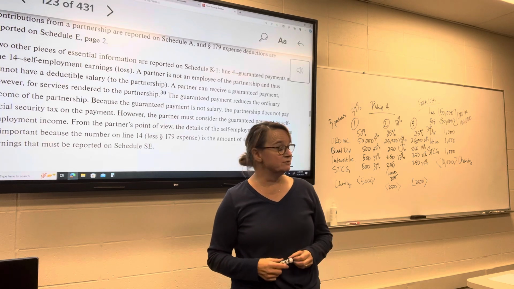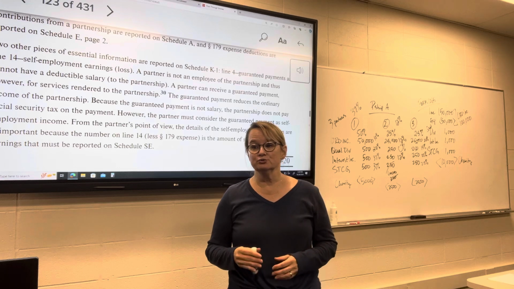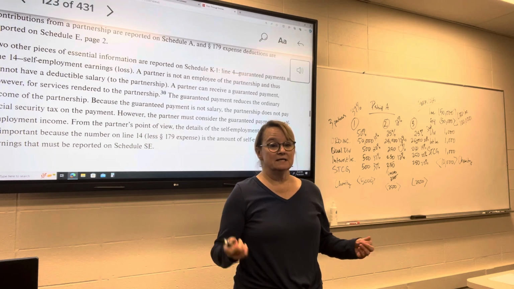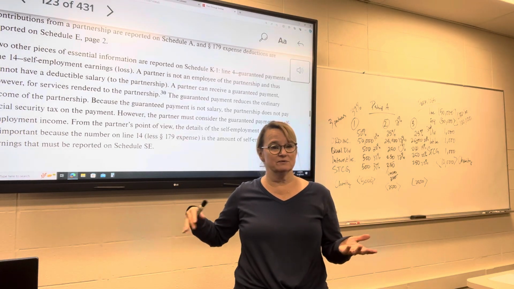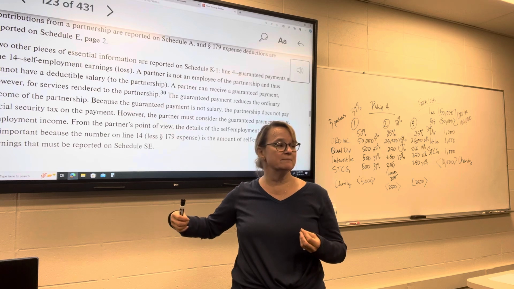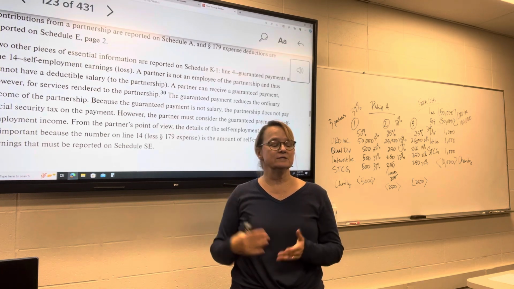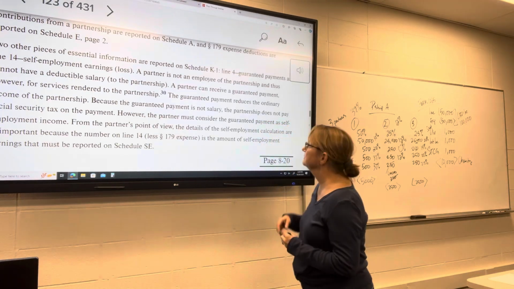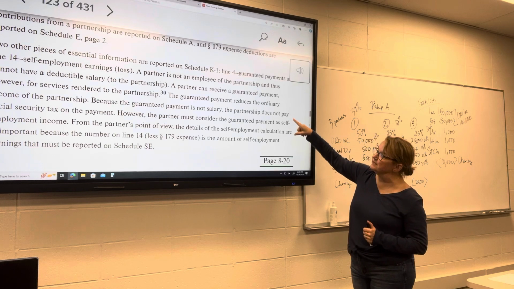Those guaranteed payments are subject to self-employment tax, but they're also deductible to the partnership as though you were an employee. Okay, distributions are not deductible. Distributions are like dividends, kind of. They're from the earnings of the partnership, and so they don't get a deduction for that. But guaranteed payments act like a salary from the partnership. There are a couple of things. It reduces the ordinary income of the partnership,